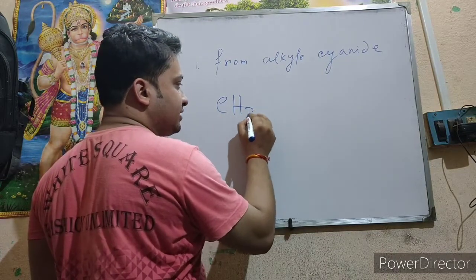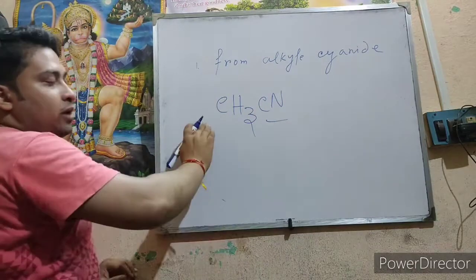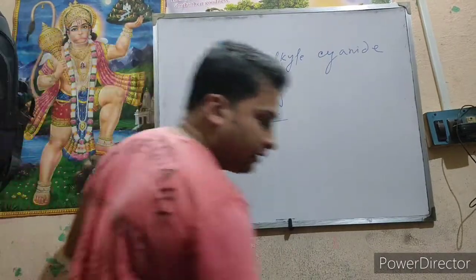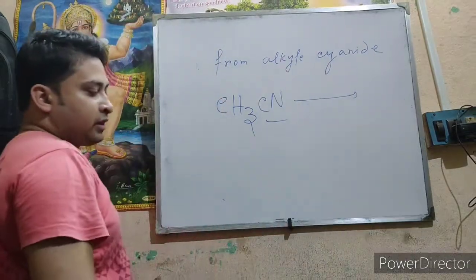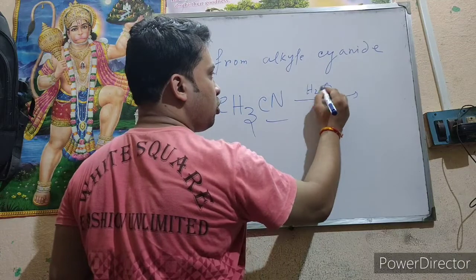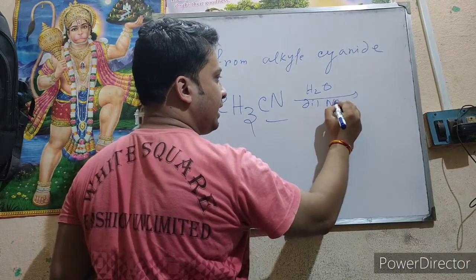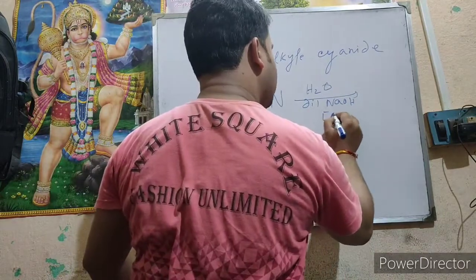If you have CH3CN, this is a cyanide compound. Then if you use H2O and dilute NaOH, and you also apply heat,